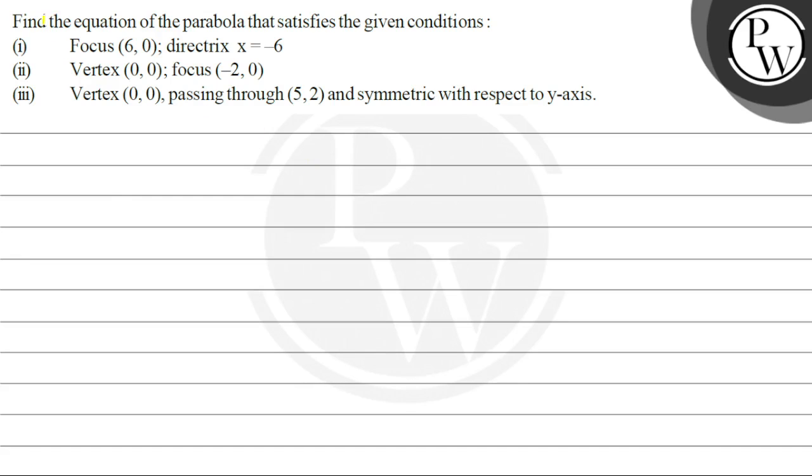So the question says find the equation of the parabola that satisfies the given condition. We have to find the equation of the parabola for three exercises. First we have been given the focus and directrix. In the second we have the vertex and focus. And in the third exercise we have the vertex, a point through which the parabola passes, and the symmetry of the parabola with respect to the y-axis. So solving this question,